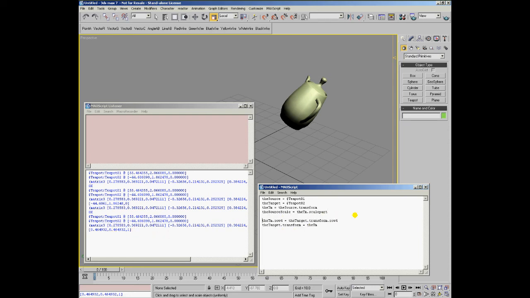And now we could take row 1 of the transformation matrix and divide by the first component of the scale path, which is the scaling along the X. Then divide row 2, which is the Y-axis, by the scaling factor along the Y-axis, and do the same with the third row, which is the Z component of the source scale. Then we copy the position